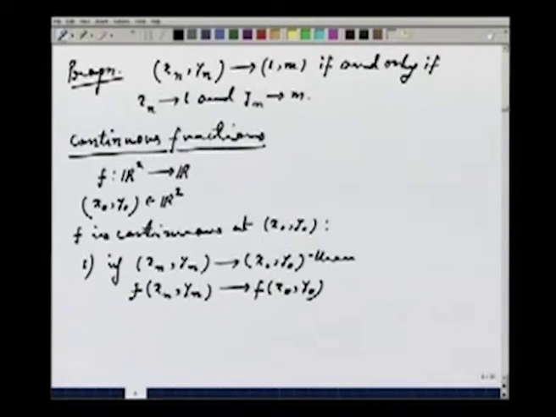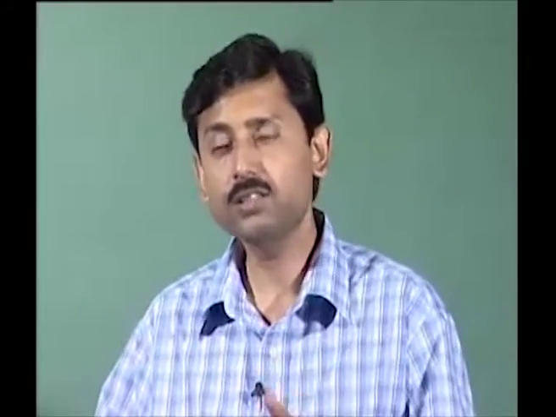This is exactly analogous to the definition of continuity on the real line, that f is continuous at a point x0 if for every sequence xn, xn converges to x0 implies f of xn converges to f of x0. Okay. So this is one way of defining, but there is an alternative way of defining continuity using epsilon and